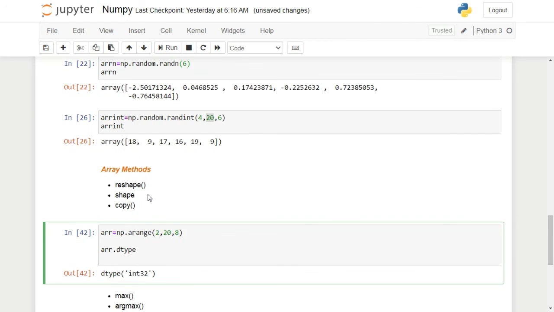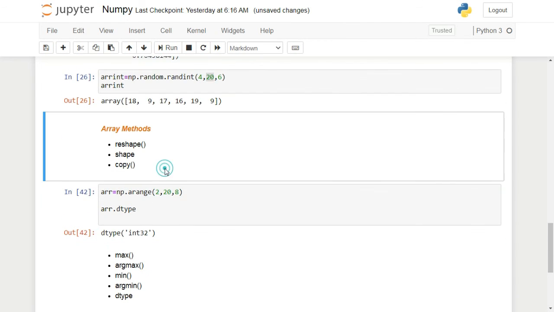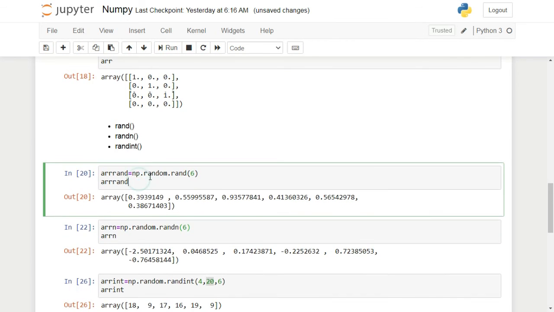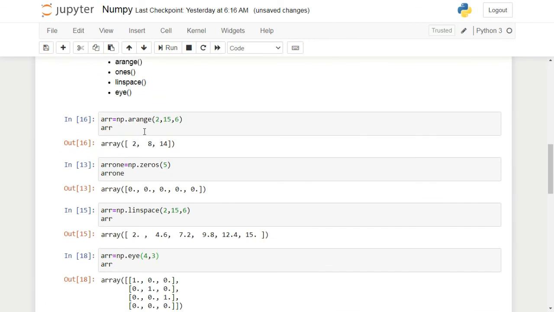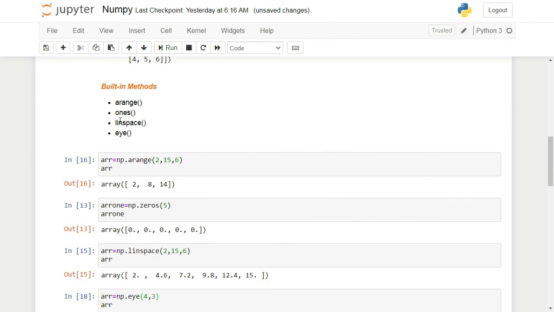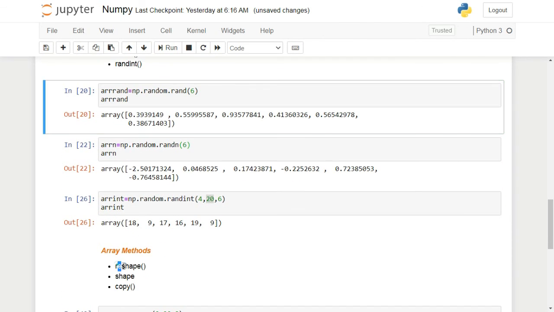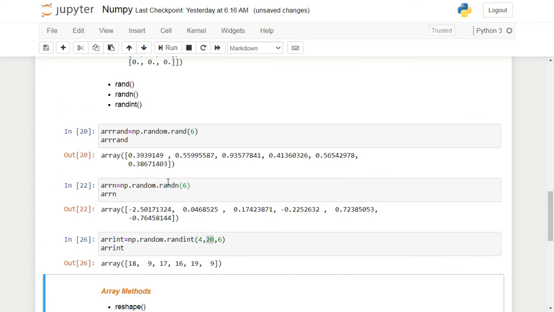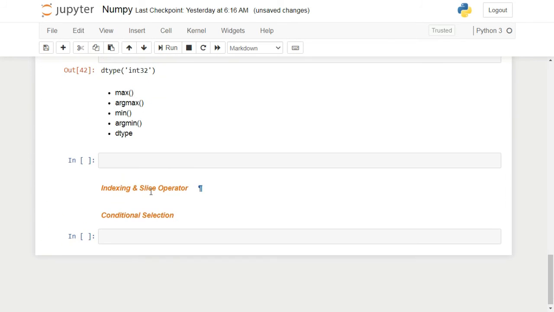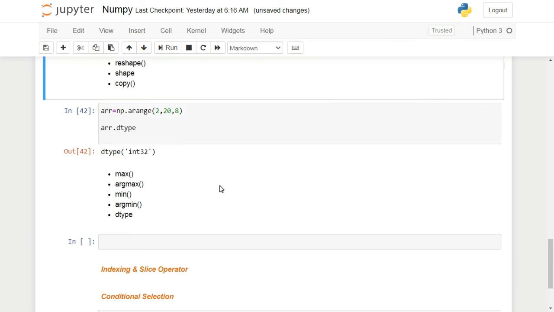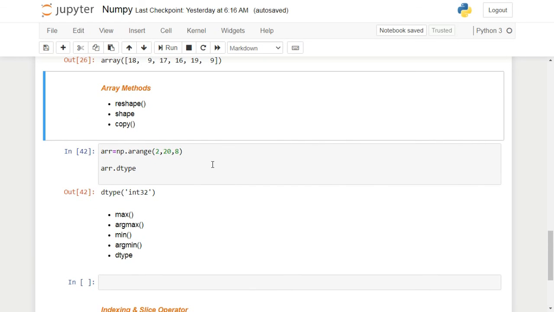So we are through with the basic methods. I think now you know the difference between linspace and arange. Out of all these, arange and linspace are the ones we will be using, and we will be using the reshape function a lot. So just go through it once. In the next video we'll see the basic indexing and slicing and the conditional selection in arrays. Thanks for watching. Meet you in the next video.